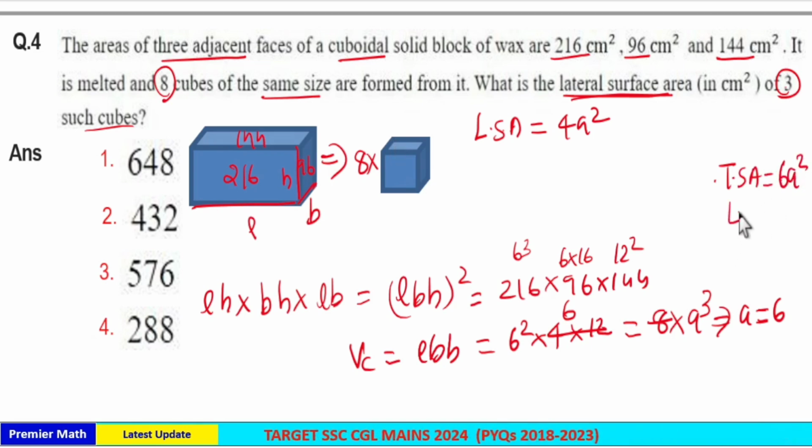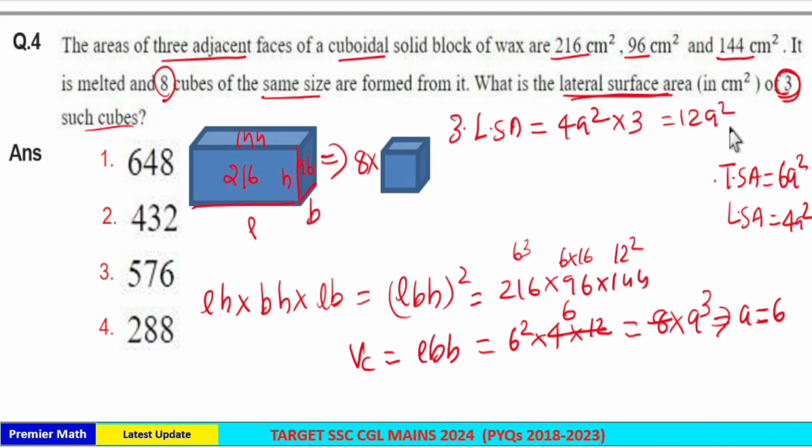But lateral surface area means side surfaces. There are 4 side surfaces for a cube. So lateral surface area is 4A square. Here we need the lateral surface area of 3 cubes. So 3 into LSA means 4A square into 3, which is 12A square. 12A square means here A square is equal to 6 square. So 12A square is equal to 12 into